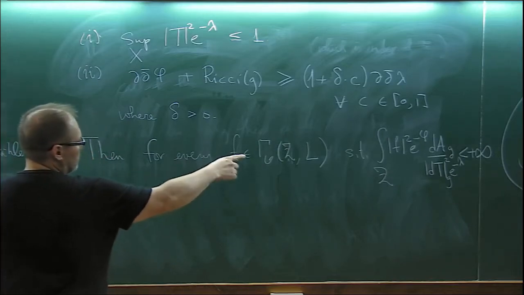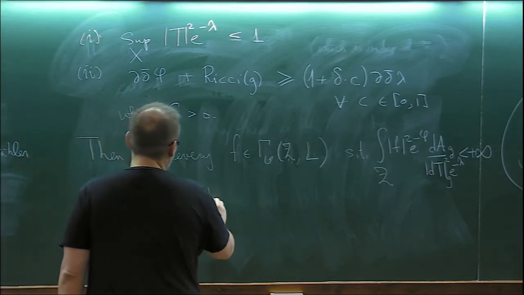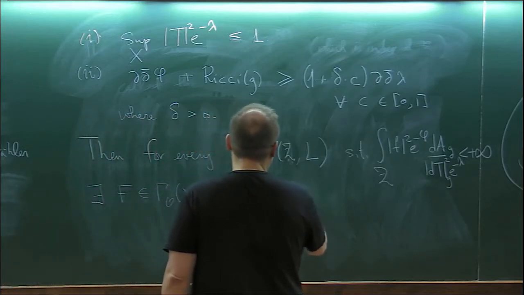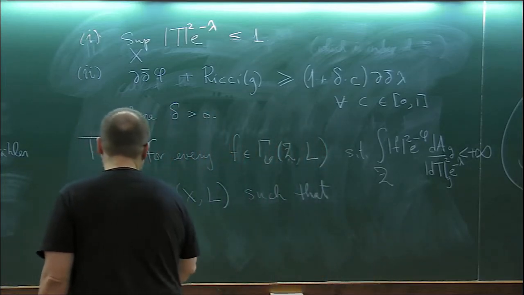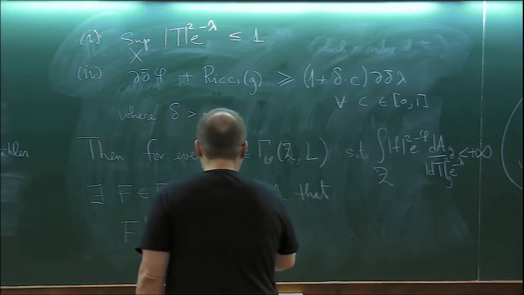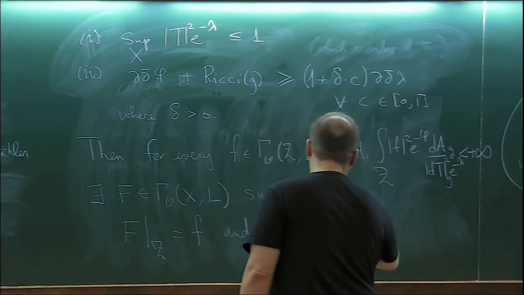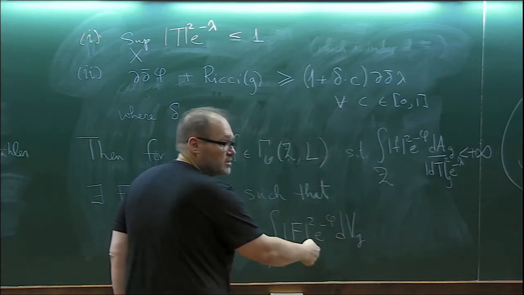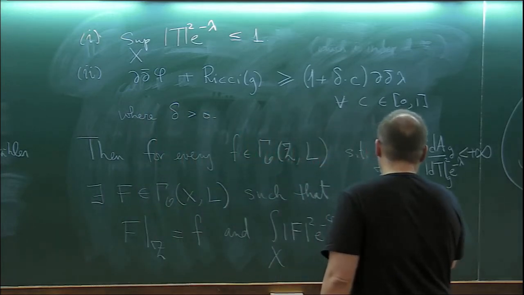So if you have every such section, there exists a section F of L on all of x such that F restricted to z is little f, and the usual L2 norm of F, so this would be h of F F in our previous language. I'm just writing this as e to the minus phi, but it's still a metric. Okay? This will be less than or equal to